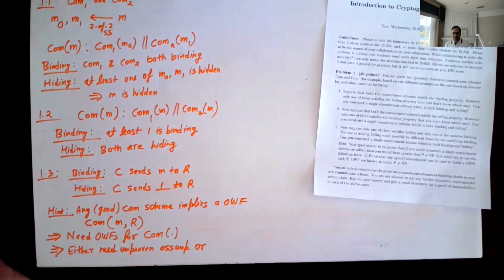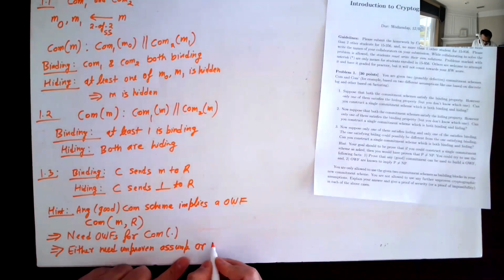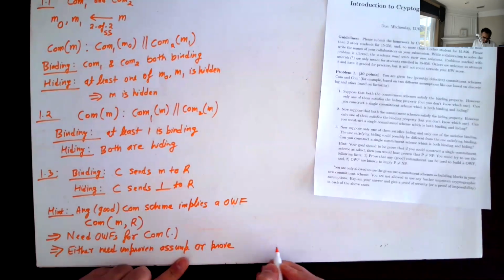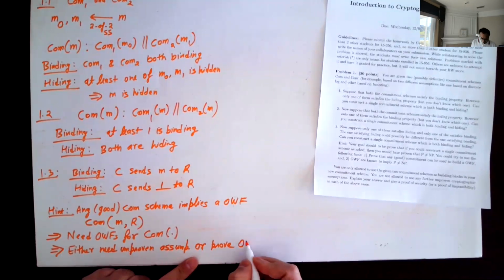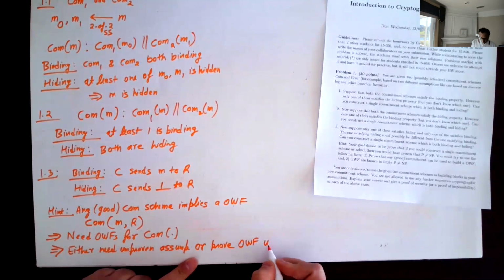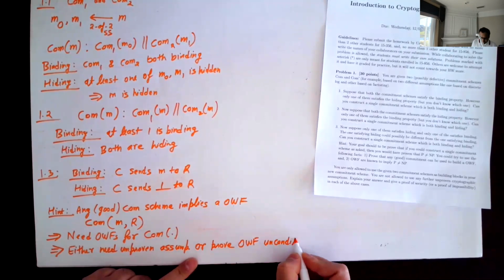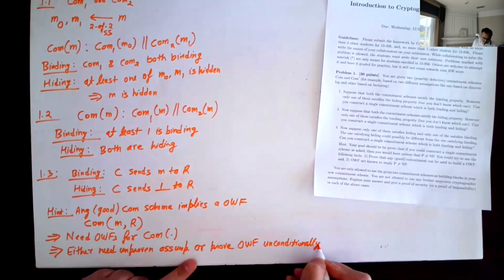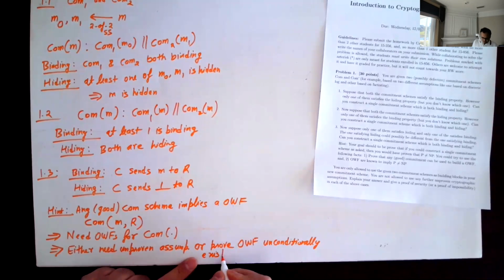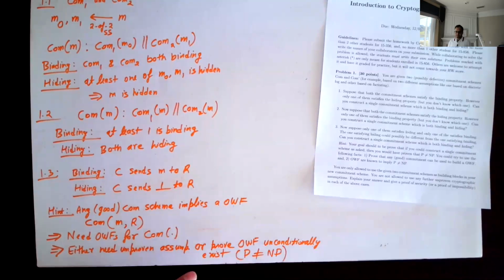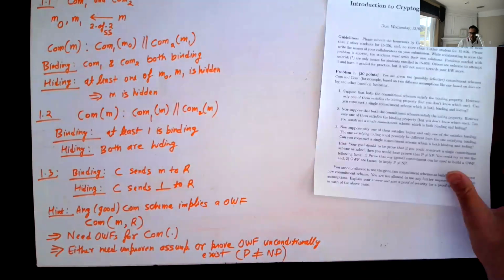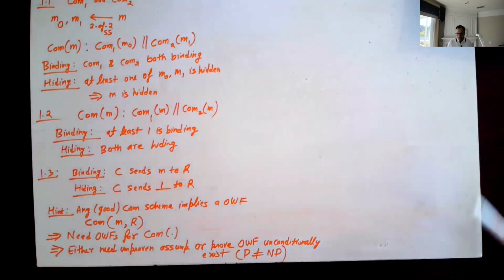The only other option that you have is to prove that these assumptions are actually true, or prove that one-way functions unconditionally exist, which in particular requires proving that P is not equal to NP. Right? So realistically, your only hope is to rely on unproven cryptographic assumptions if you want to build